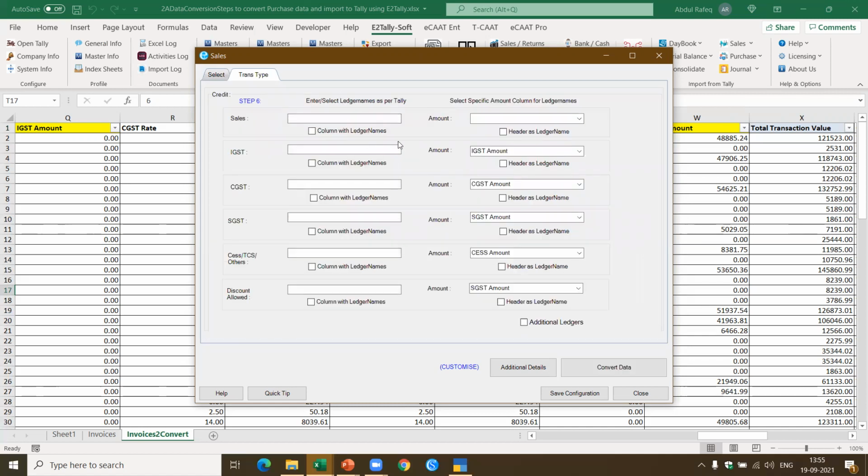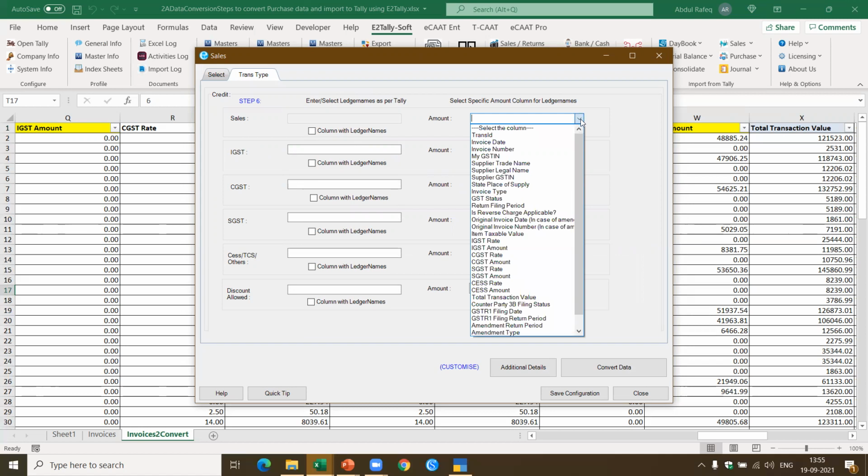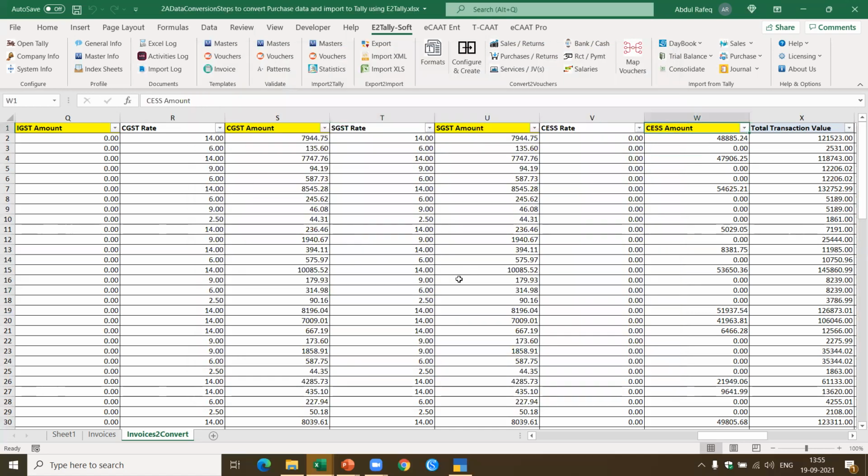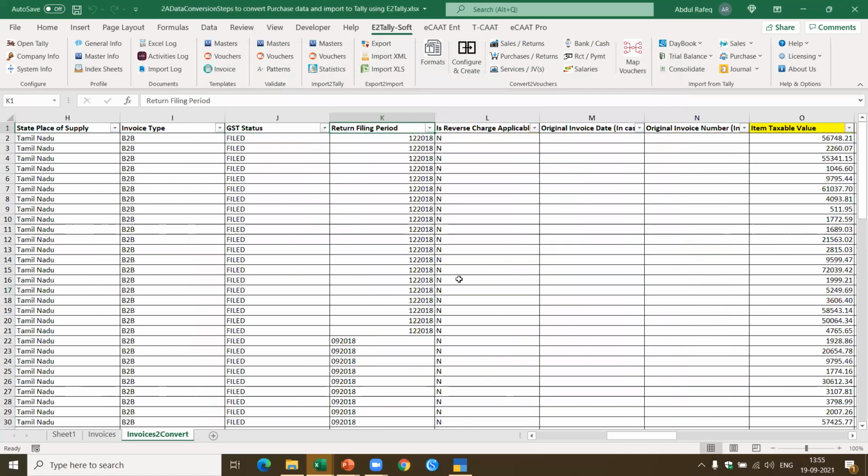Now this should be very simple. Now in all these cases, the ledger name is available in the header. So I'm going to go here and pick up the GST amount. This is the item taxable value. Now there will be a problem here. If I take this item taxable value, the transaction will also come with the ledger name as item taxable value. So what I could do in this case is close this, come back here to the item taxable value, and I'm going to rename this ledger as GST purchases.